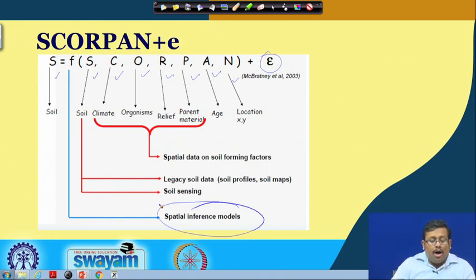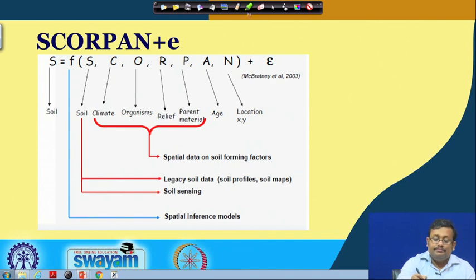Then climate, organism, relief and parent material are the spatial data on soil forming factors, and you can gather this information as auxiliary information or covariates. And obviously, age and location data are also available through different means. So, this is in a nutshell the